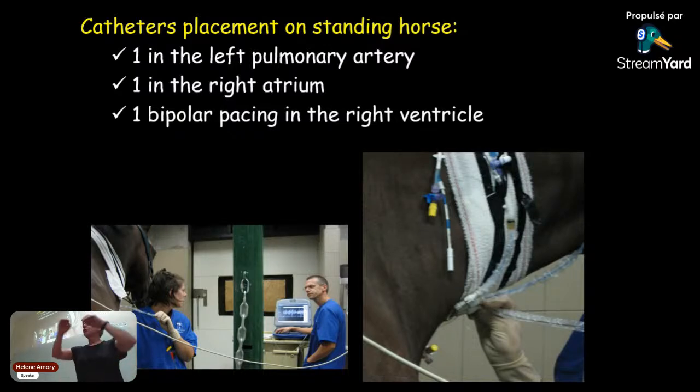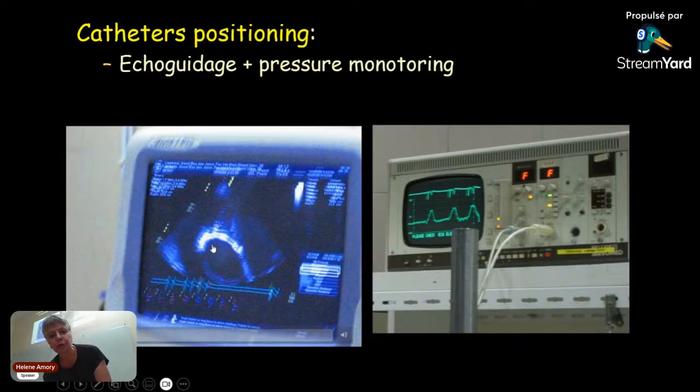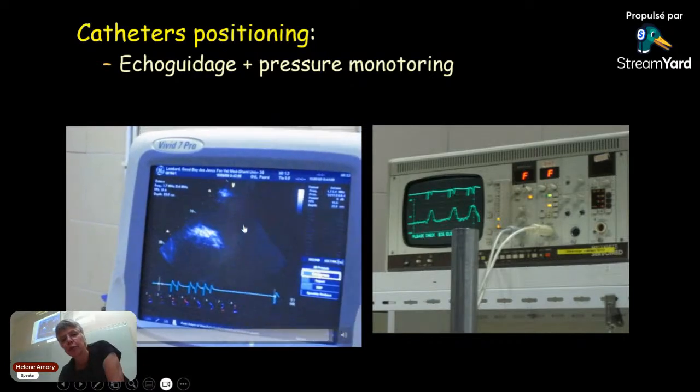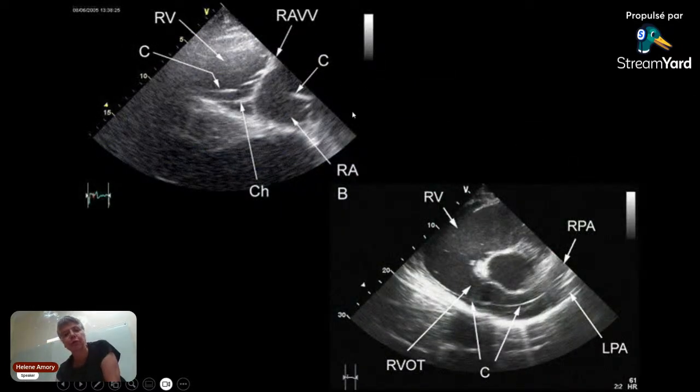And they will put an electric shock between the left pulmonary artery catheter and the right atrium catheter, to reorganize the depolarization of the atrium in connection with the ventricle. Okay. Thus, they do put the catheter on the standing horse. They control the position of the catheter. After this is to know where are the catheter. You see the catheter is here in the right atrium, right ventricle. Okay, and after you push it, controlling the pressure into the right ventricle and then the pulmonary artery.